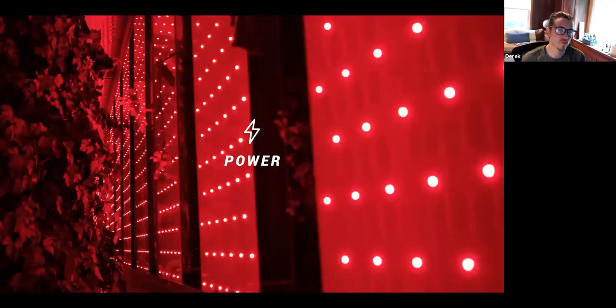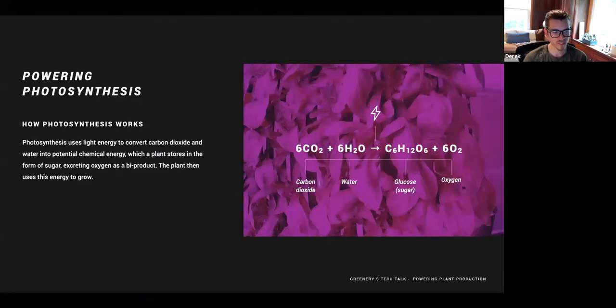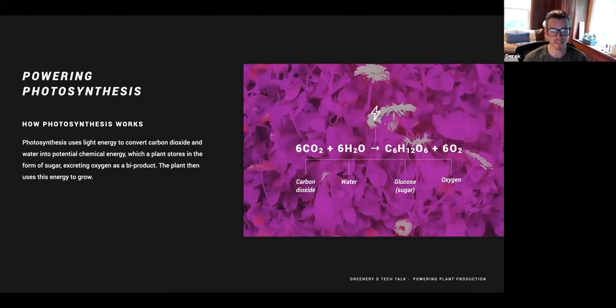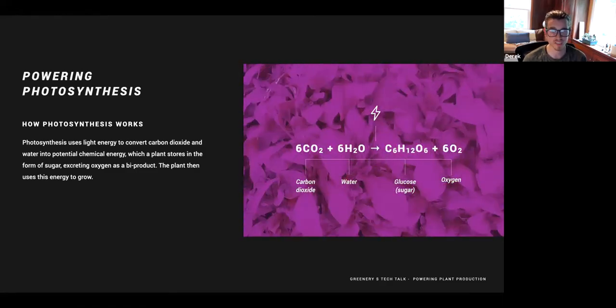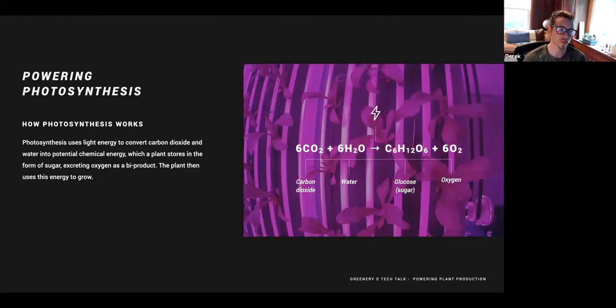Next, for us to really understand the advantages of our system and the way that we harness the benefits of our LEDs, we're going to take a quick step back into grade school and refresh our memories on what photosynthesis is and the role that light plays in it. So photosynthesis in its simplest sense is the process of converting light energy, CO2 and water, into glucose and oxygen